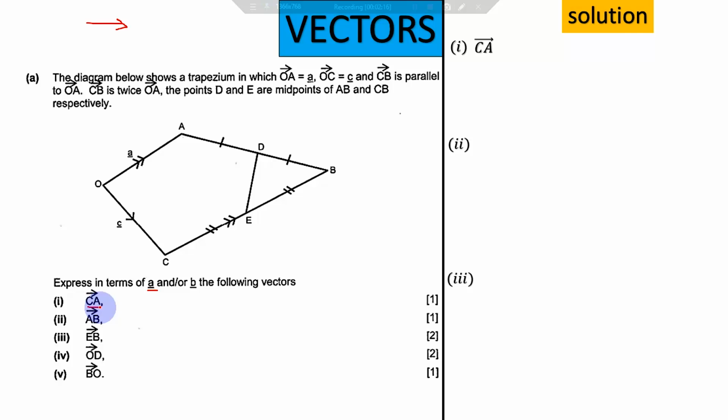Now let me give you this trick. Let's say for instance we want to find a vector which is not here, let's say vector DH. Okay, the vector we're trying to find is vector DH. Now when you're dealing with vector geometry, you are finding routes or directions for you to be able to find the magnitude of that given vector. So in this case, for us to be able to find vector DH that I'm showing here,